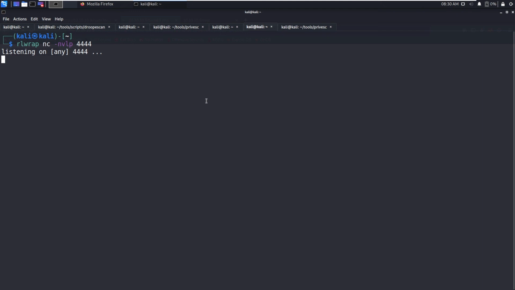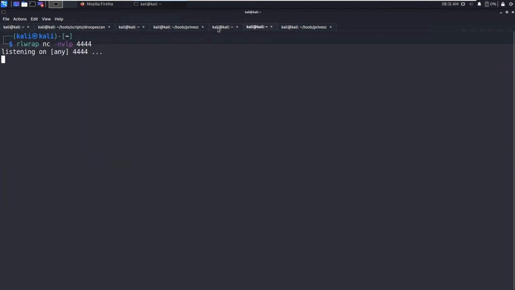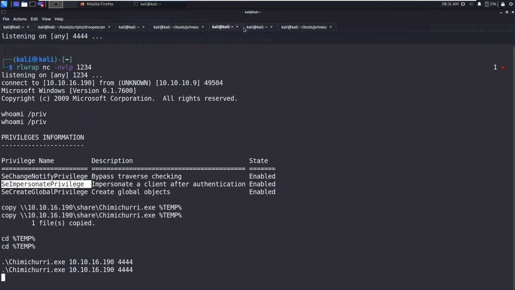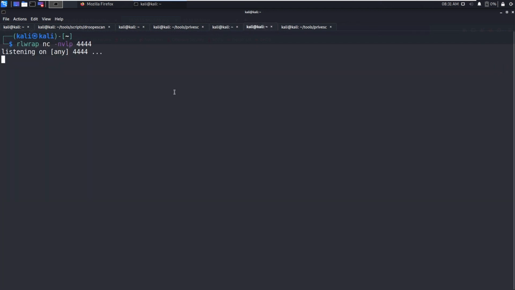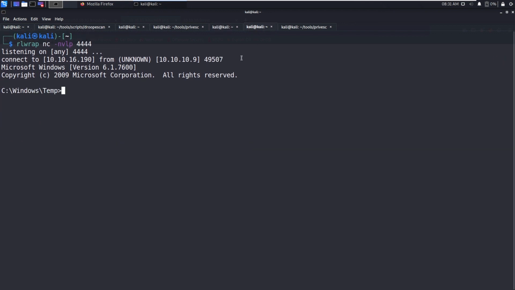If this Chimichurri failed, you can try Potato or PrintSpoofer exploits. So let's say whoami, and we are system. Now we can get the user.txt and root.txt. So that's all for this box.